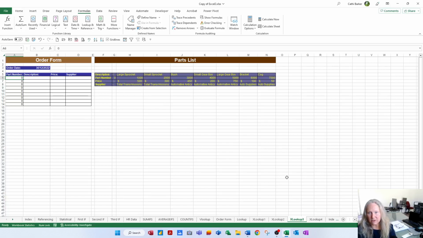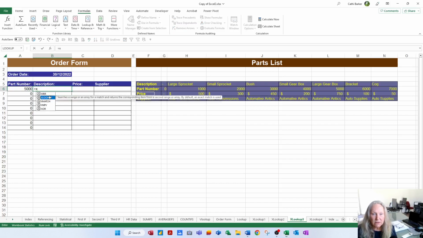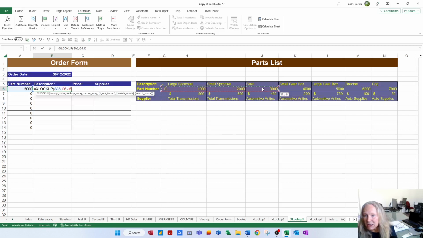Here's a horizontal list. Let me just zoom in a little bit so you can see. Okay, let's start a part number in here. Let's go equals X, double click XLOOKUP, look up the value in A6, press F4 3 times to look in the A, comma. Where is the range that it will find the part number? Well, it'll find the part number in this range here, which is G6 to N6, press F4 to lock it in,